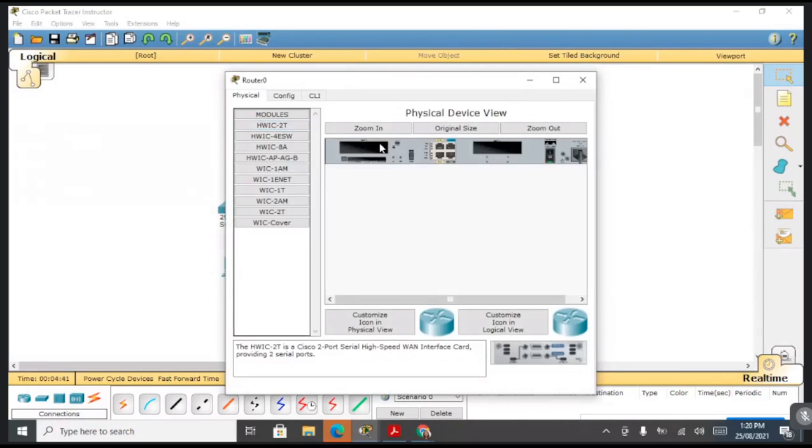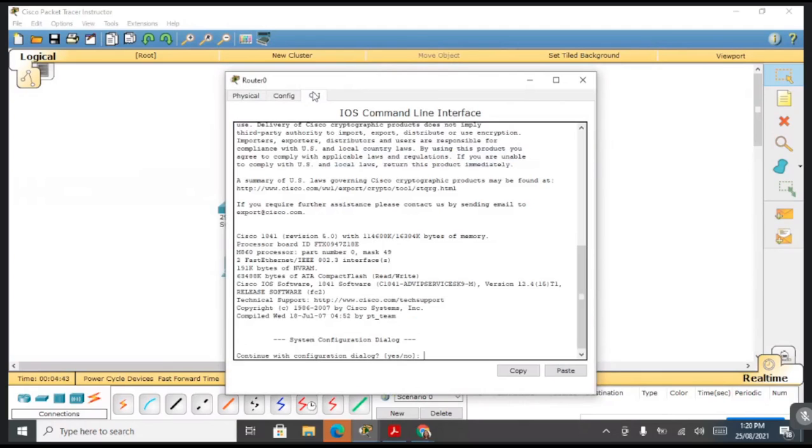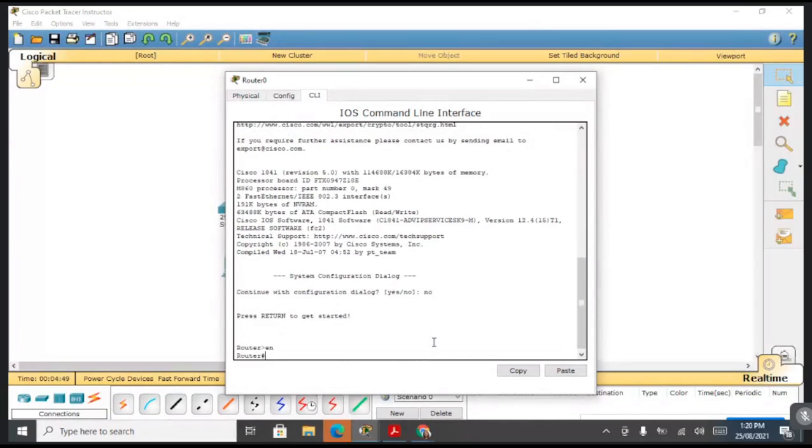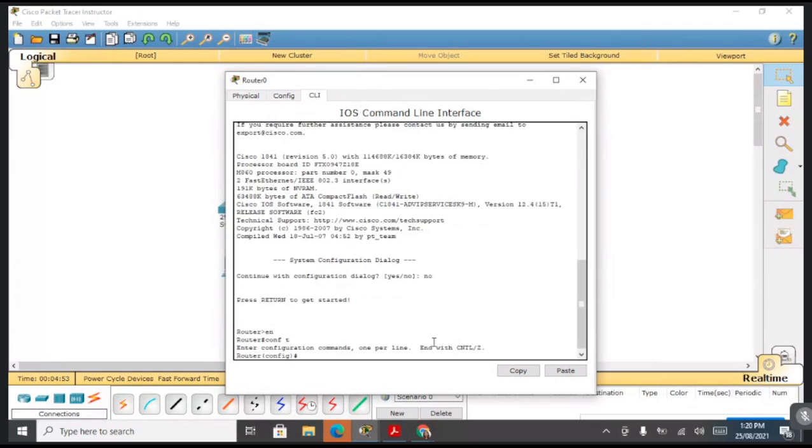Now same here again, we have to configure the router. Go to CLI, say no, and press enter, enable, then config mode, configure terminal, and write the name, hostname R0.